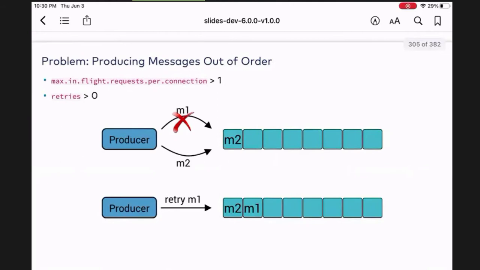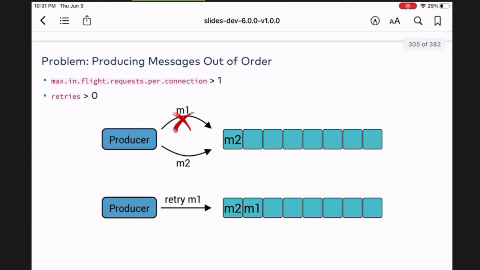And then how does Kafka avoid out of order messages? Same thing. We can have multiple messages in flight at the same time. And we know that the producer has retry. If I'm a producer, I want to send my data to the broker, and if I set acks, then I want to retry if I don't get my acknowledgement. And I want to continue to retry until some point. So if I send message 1, and message 1, in this case, retries is greater than 0.